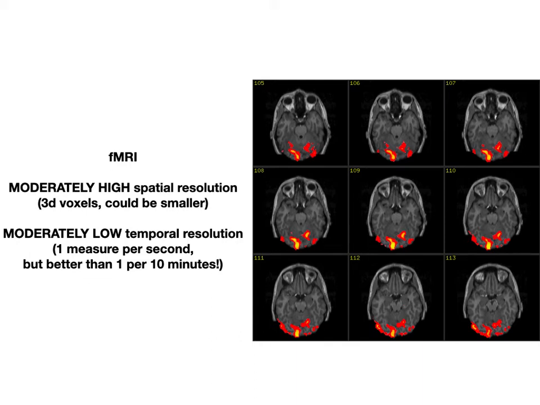They could be sliced up smaller if the technology was stronger, but it's pretty good. It at least locates things in 3D space within the brain, and it has moderately low temporal resolution. I'd say perhaps even heavily low, but we'll leave it in the moderate zone because it's kind of striking a balance. It only gets 1 measure per second, but that's better than 1 per 10 minutes or 1 per hour or